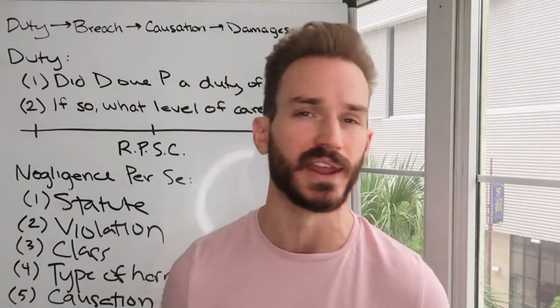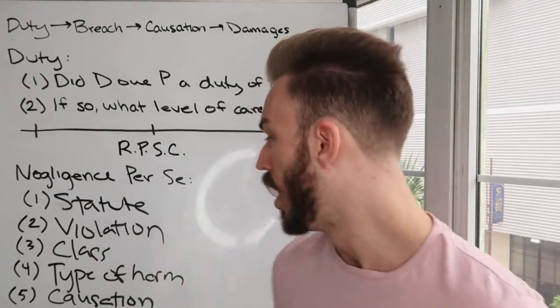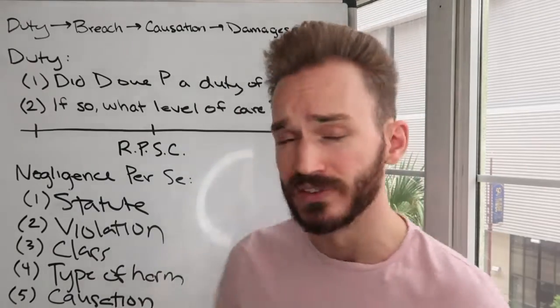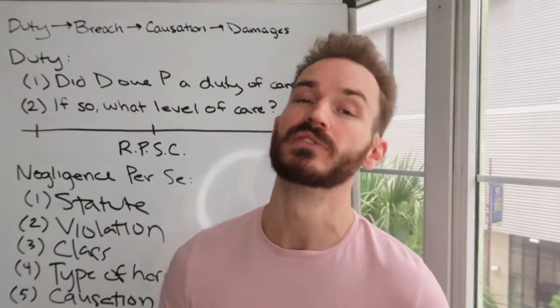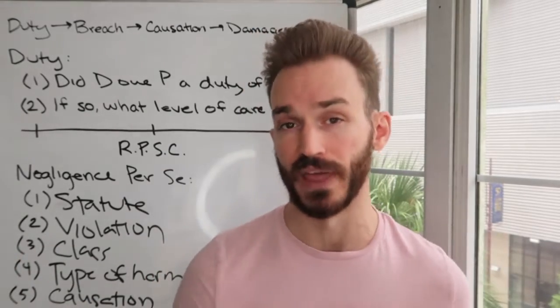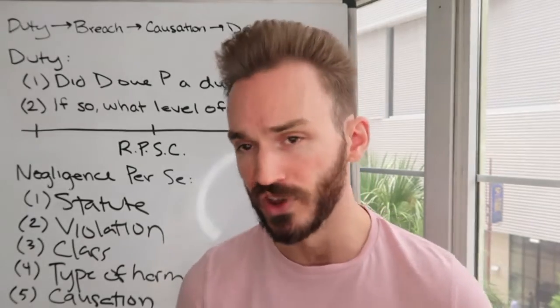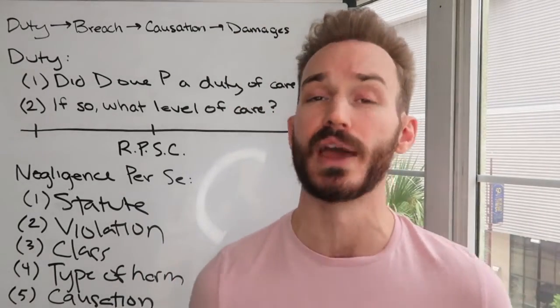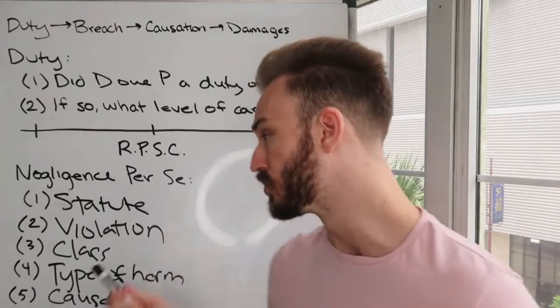A fire in an apartment building is foreseeable. Therefore, all 5 elements are going to be satisfied. So we have negligence per se, which means in a majority of jurisdictions that landlord is going to be negligent as a matter of law. Minority creates that rebuttable presumption. So that's a very easy example of a building code violation that results in harm, and you have clear negligence